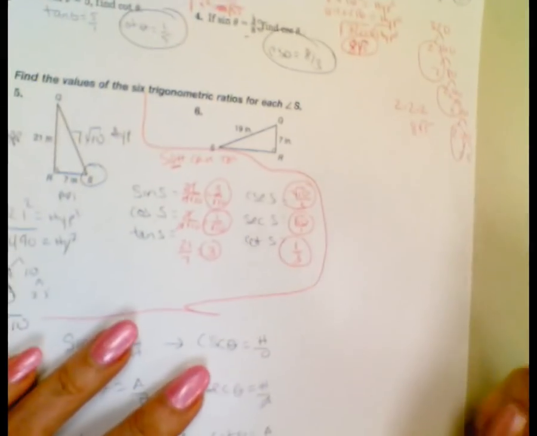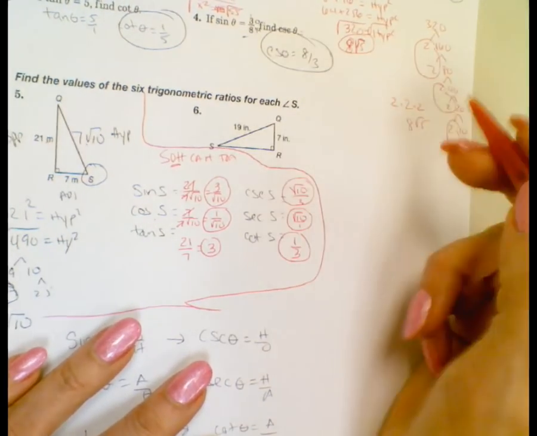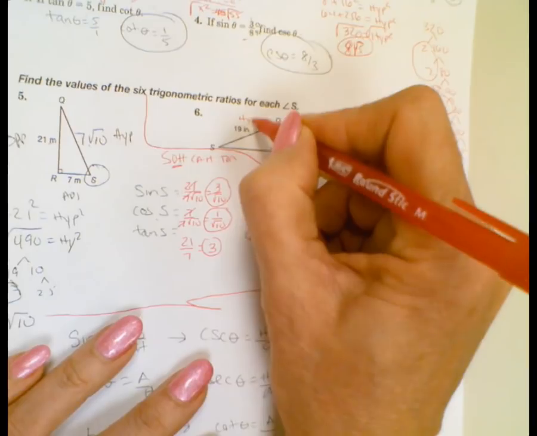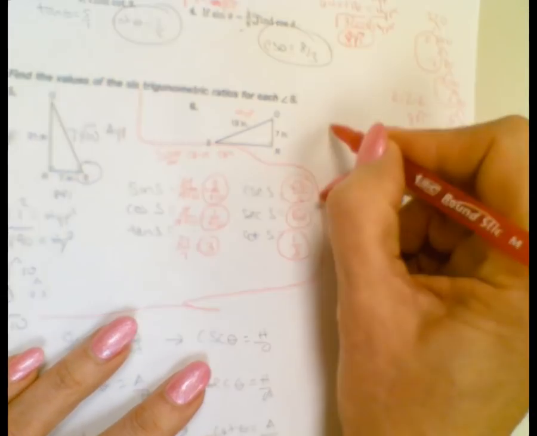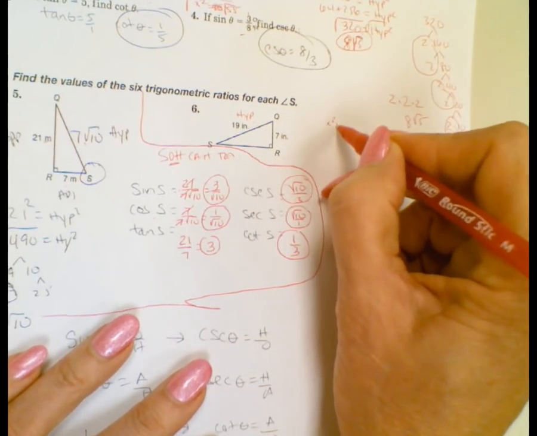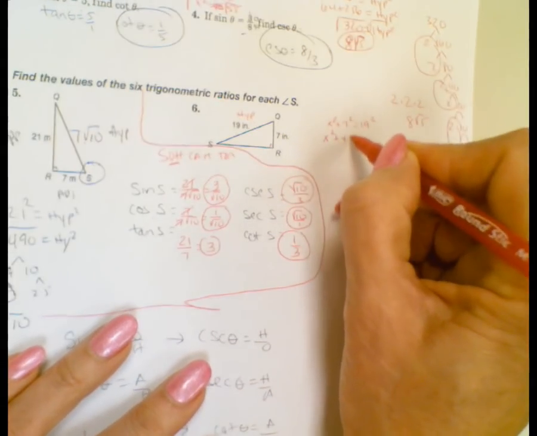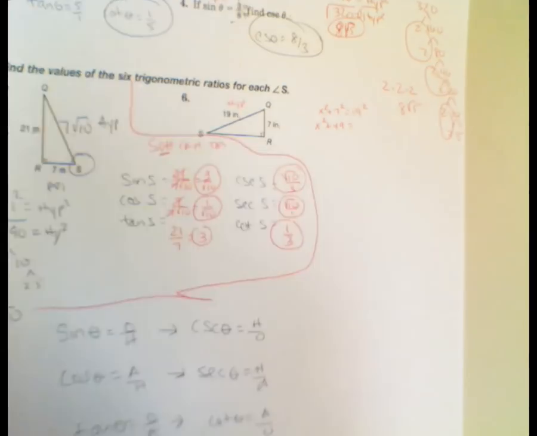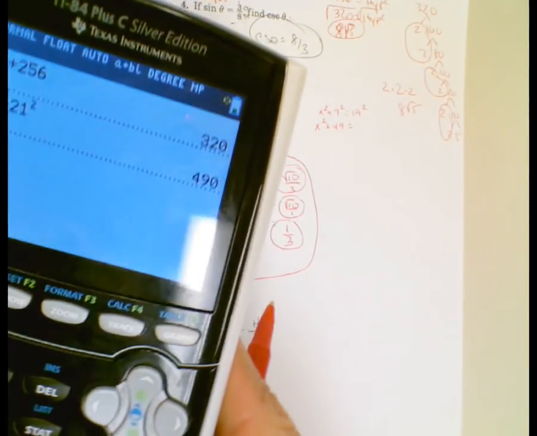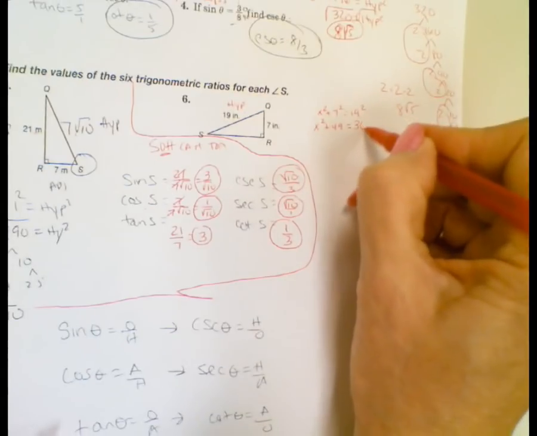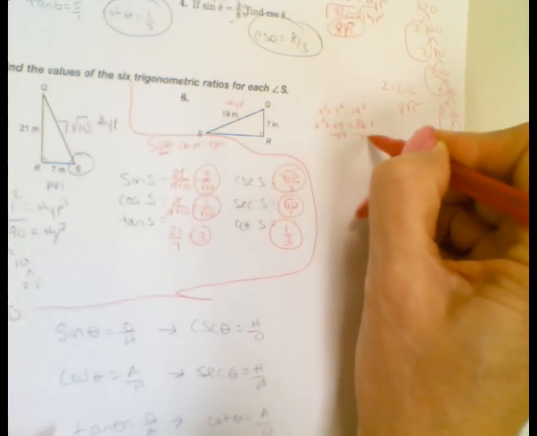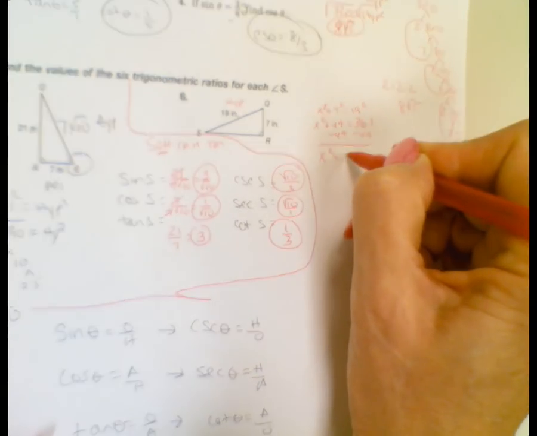Now 6. So in 6, they give you the hypotenuse. Be careful. This is the hypotenuse. This is the leg. So we have to find this leg. So we're going to have x squared plus 7 squared equals 19 squared. So this is 49, and 19 squared is 361. Subtract 49, and you get